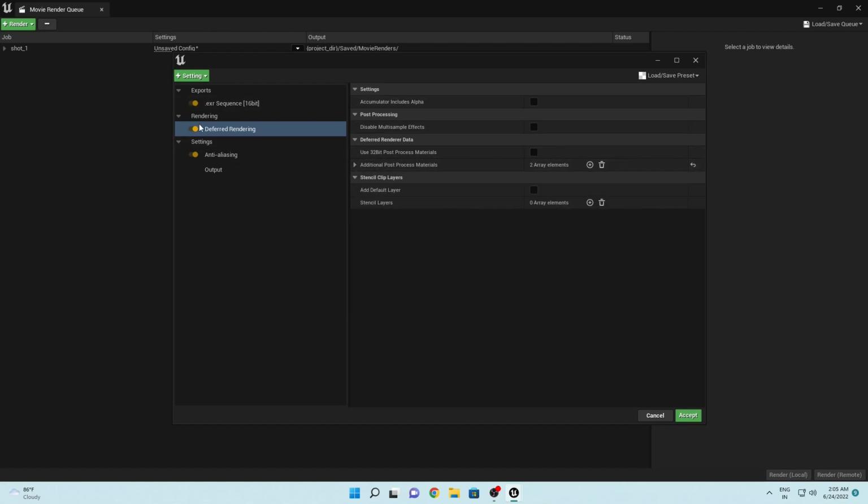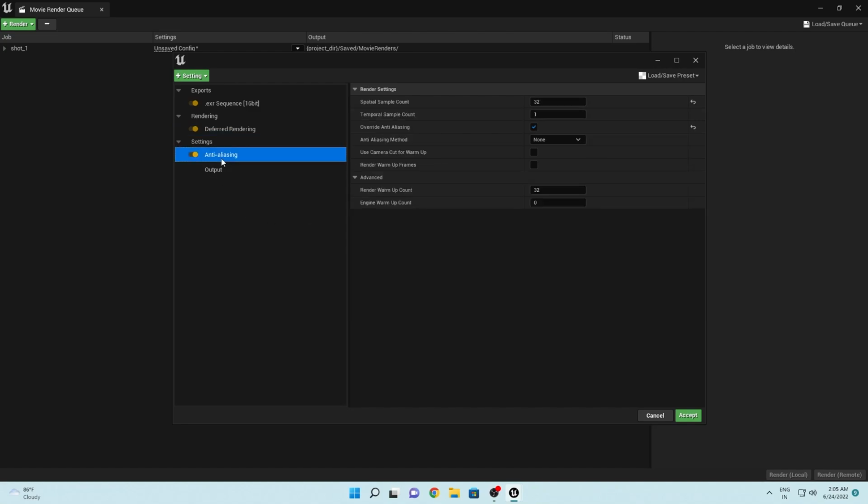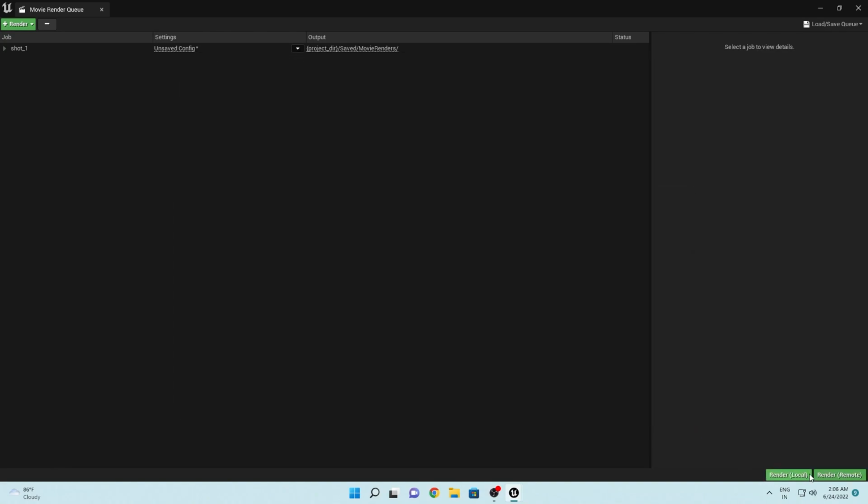So these are the basic settings. First one is EXR sequence, second one will be in the rendering deferred setting. Just go to this option, additional post process material, and select this movie render queue world depth and motion vector. Just enable both, and under anti-aliasing just add this value, you can see. Okay, and in output just select your destination folder and your resolution will be here, and just simply accept and